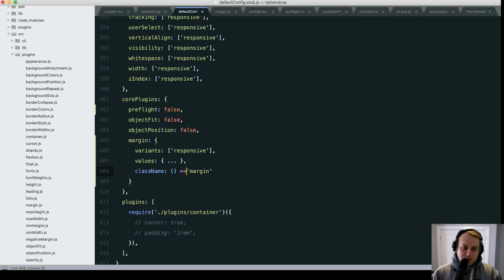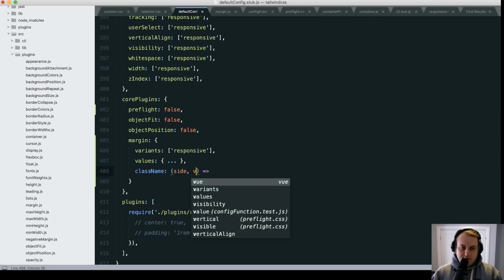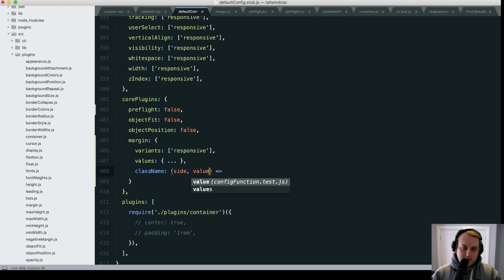Or maybe it's a function that receives the side, whether it's top, right, bottom, or left, and the value, and then here you can just return whatever you want. So maybe you return a class name like m, side, then dashes, value. You would have total control over doing this sort of thing. So